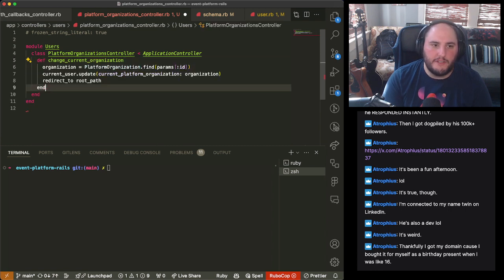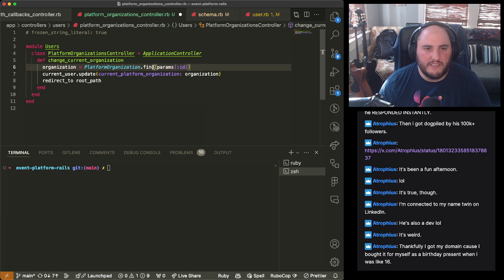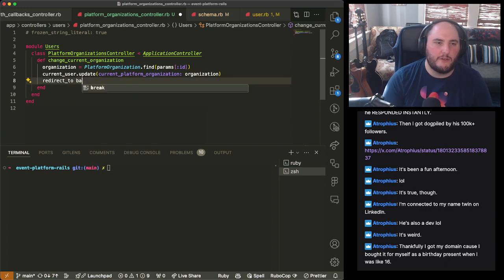And so what we want to do here is, let's see if this is what we want. So it takes the current platform organization ID that's getting passed in, or the new one, and it's taking the current user, and we're updating their current platform organization to be the organization that we set, and then redirecting to root path is not what we want. We want to redirect back.